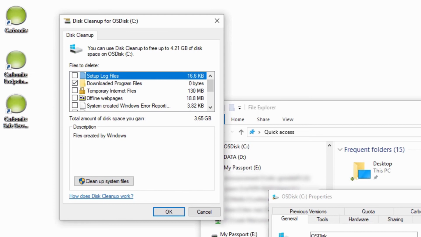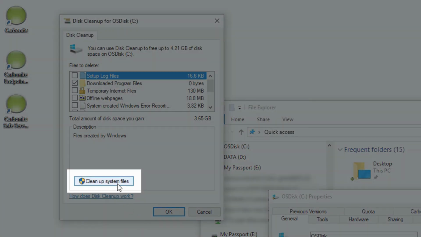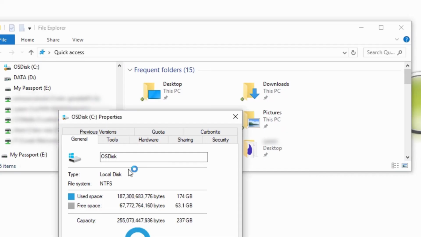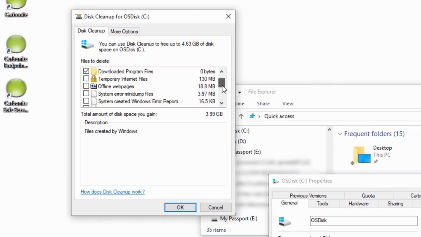It can also clean up operating system files that are no longer needed if you grant it access by clicking Clean Up System Files here. This will rescan and include those system files. The tool will categorize the types of data it can clear, as well as how much space will be recovered by deleting that data. You can mark the checkboxes for every category you'd like to delete, click OK,